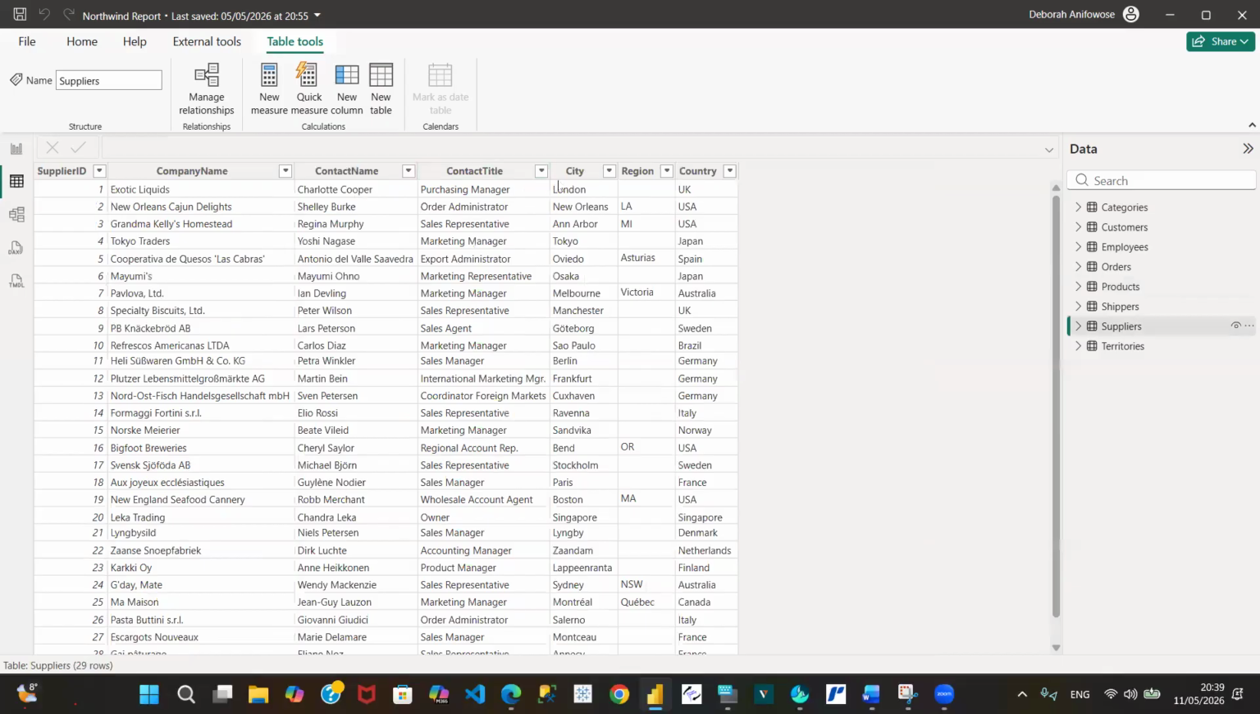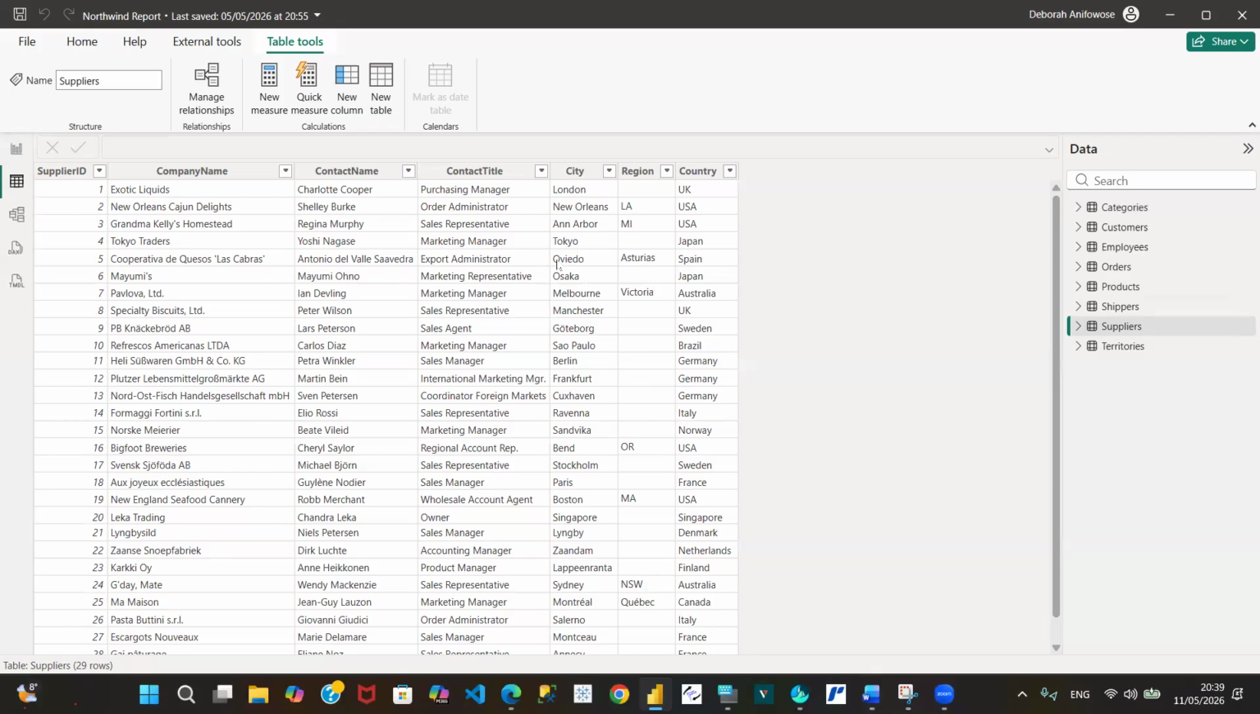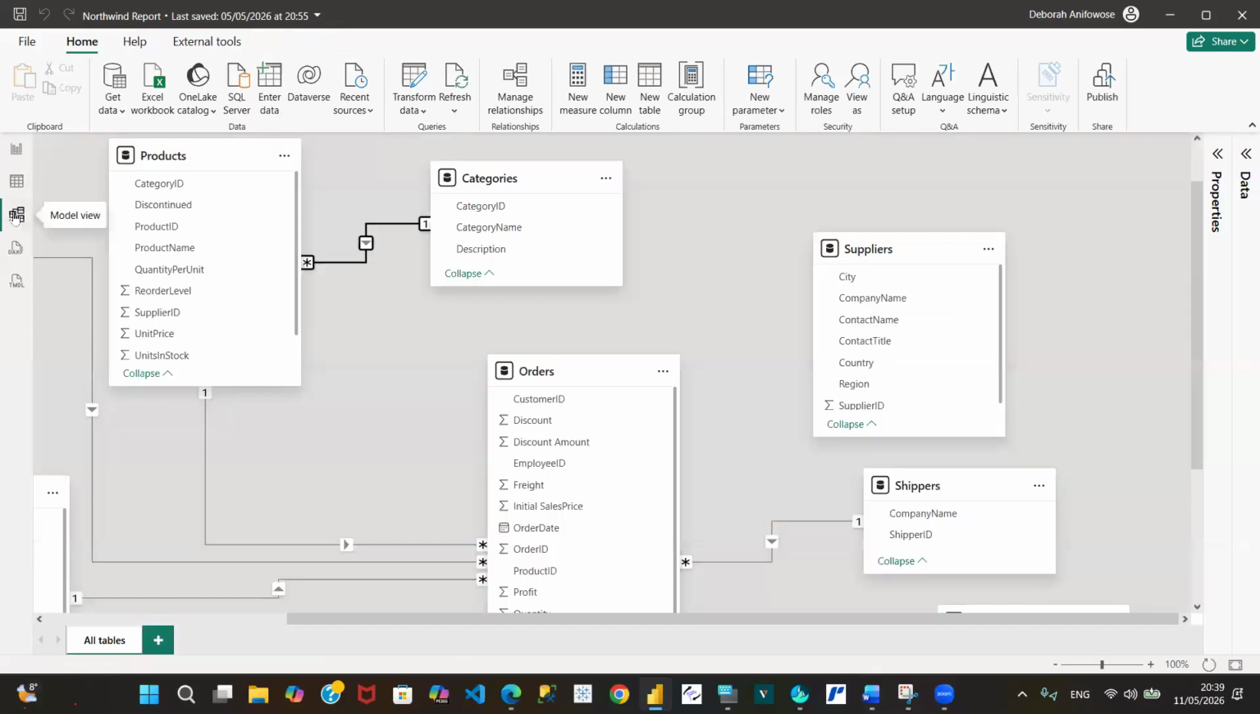We have supplier ID 1. The company name is this, and this is the contact name of the person there. Okay, but on the products table, we see what products they supply us. Okay, so that is why in our